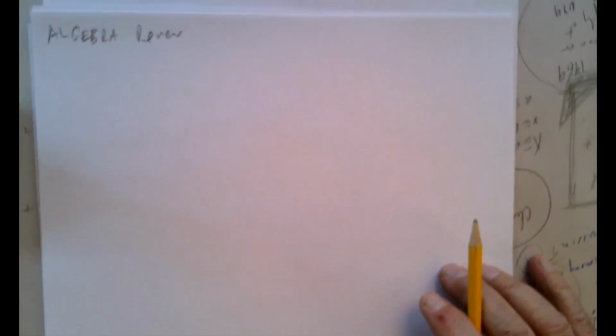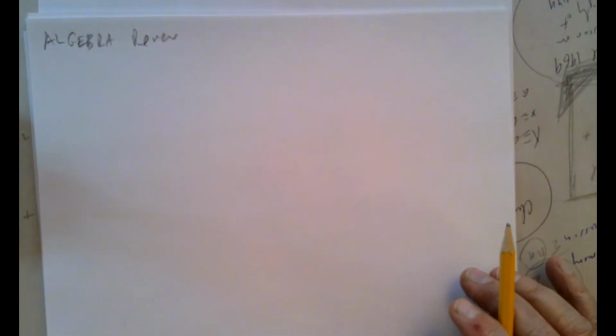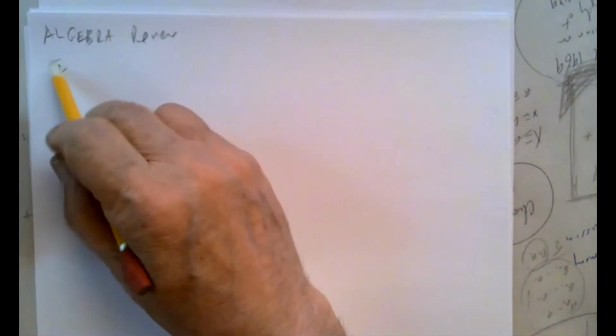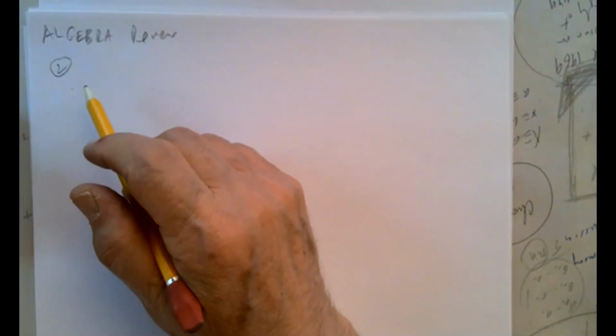Which number on the algebra? Two and 3. 2 and 3. Okay, so problem 2,